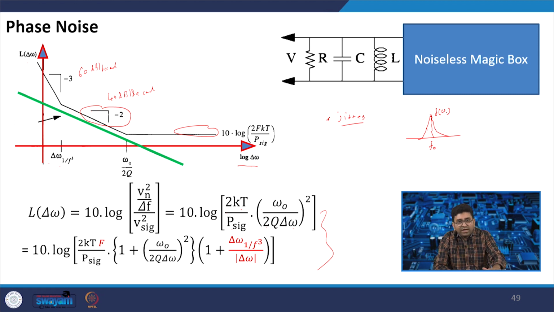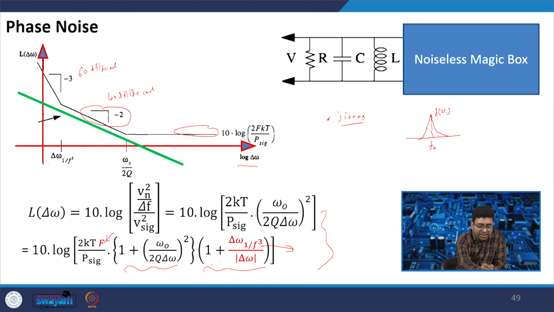Now, due to the flicker noise in the device, because of the 1 by f noise, this 3 times slope is coming, and that we need to add. So, in order to do that, with this term 1 plus omega naught by 2q delta omega, one more term can be added, that is 1 plus delta 1 by f cube by delta omega. So, this is a third order component,